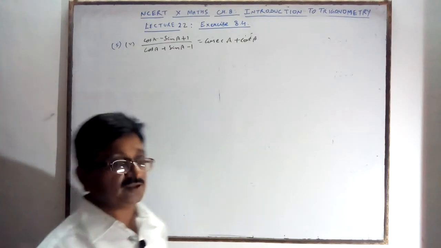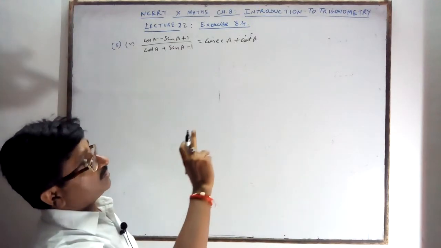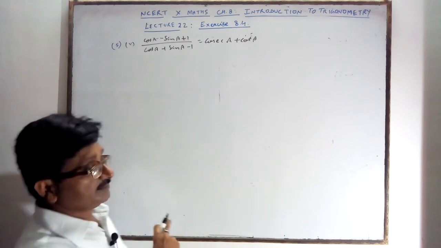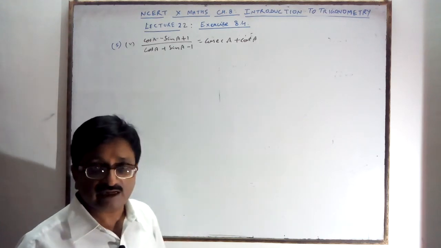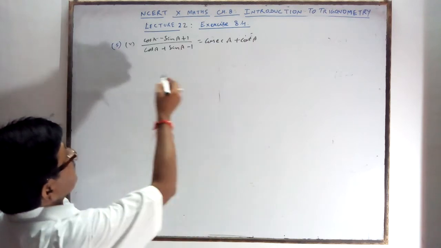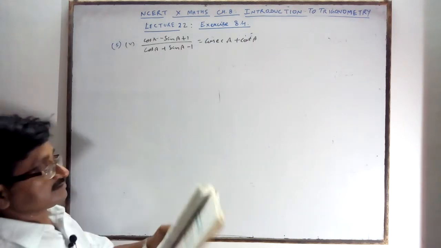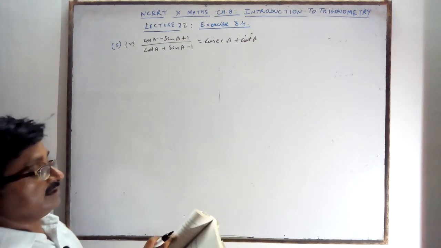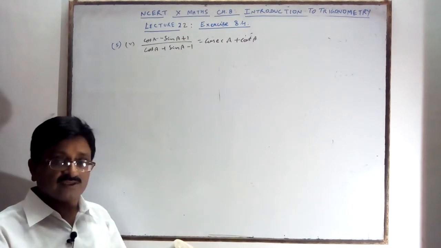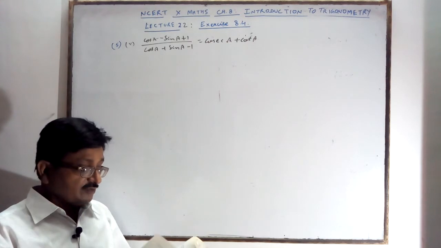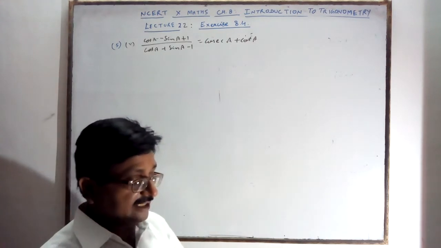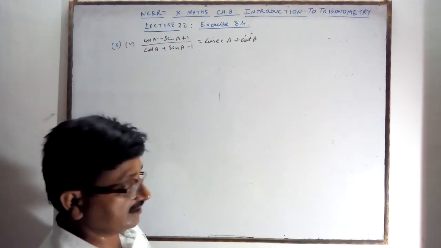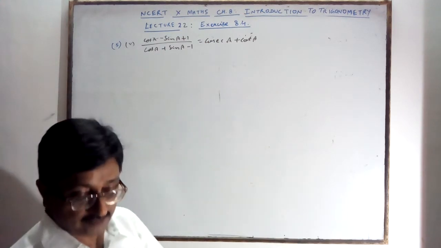Here Akhil Srivastava teaching you maths, introduction to trigonometry, exercise 8.4, question number 5, fifth part of NCERT book. So very easy, you are seeing (cos A minus sin A plus 1) upon (cos A plus sin A minus 1) is equal to cosec A plus cot A. If you have remembered, in one lecture I had told you example number 15, same type of question is given here also. Same type, cosec.